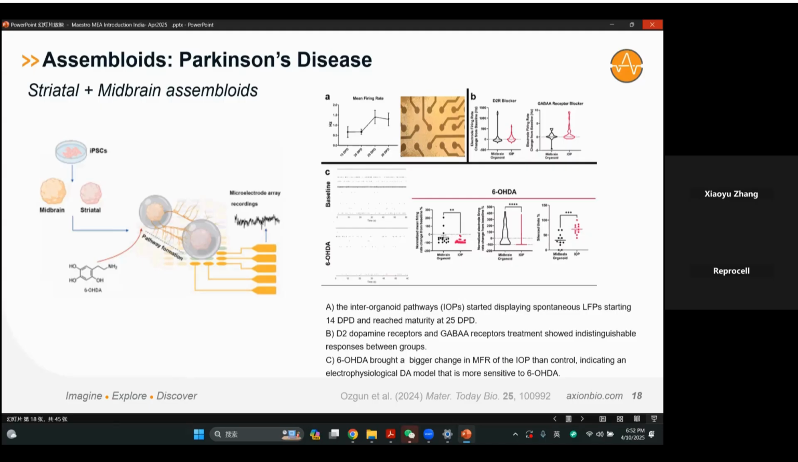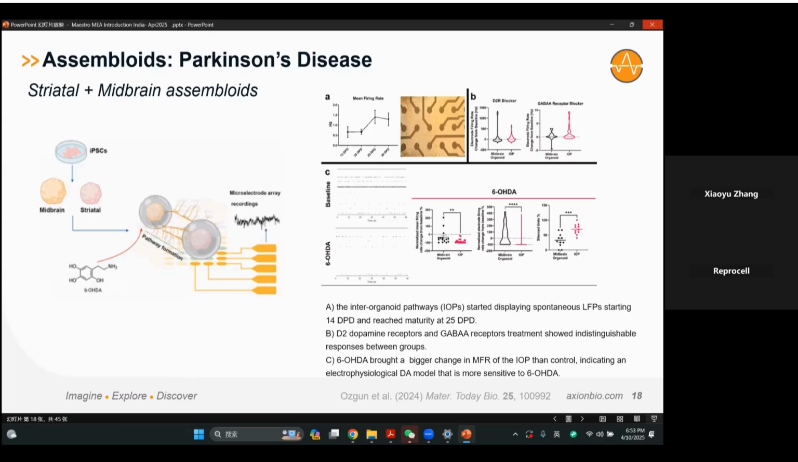They also applied blockers. They applied gabazine, the GABA-A receptor blocker, and gabazine increased the firing rate similarly in both IOPs and midbrain organoids. Finally, they applied 6-hydroxydopamine. After the treatment, the IOPs exhibited a significantly greater decrease in firing rate compared to midbrain organoids,